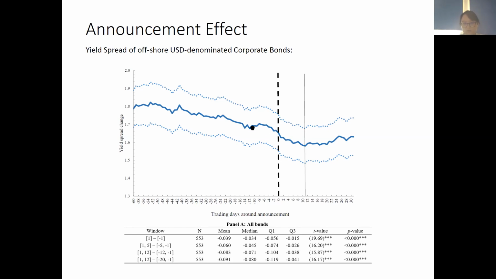But since we also observed some decrease in the yield spread before the actual announcement date, in our later analysis we will focus on a short window, measured by the one-day change of the yield spread, and also a long window, measured by the average yield change from 1 month before the announcement to 10 days after the actual issuance. We show empirically that the long window change and short window change in yield spread are highly correlated, around 0.60,